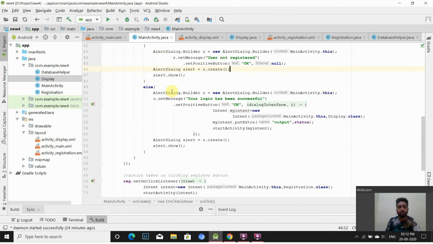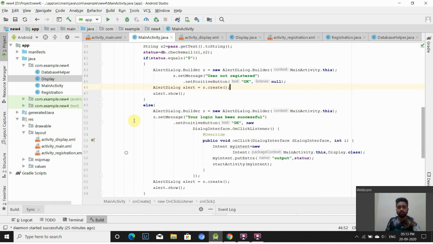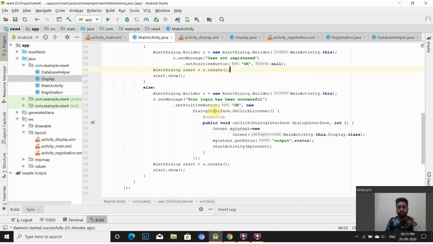Next, if the status is 1 or is not 0, that means it is positive, that means the values are present. So we'll create another alert dialog box, and we'll set the message as your login has been successful. Now with a positive button we have created DialogInterface.OnClickListener.